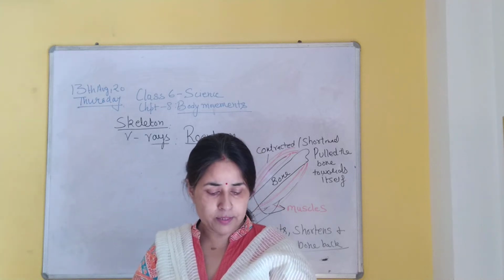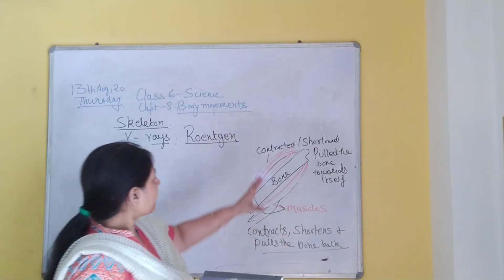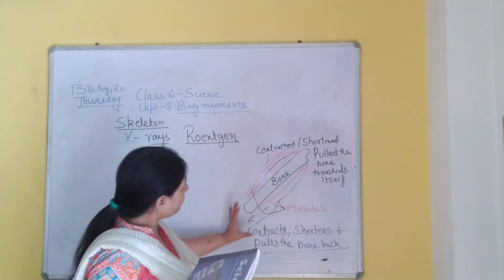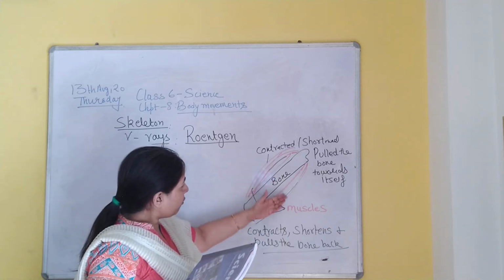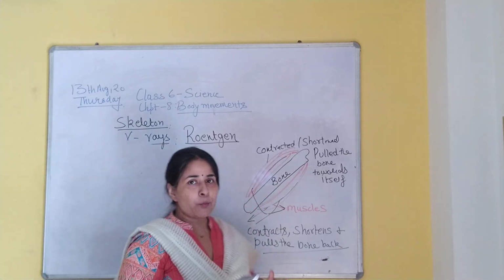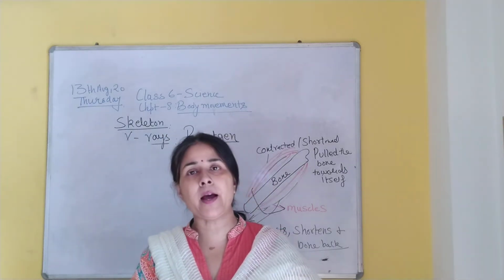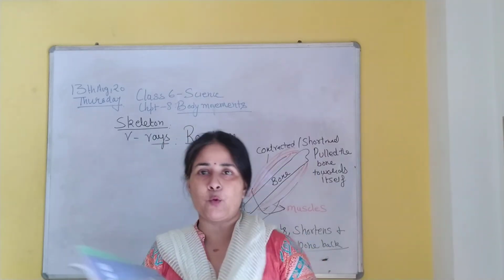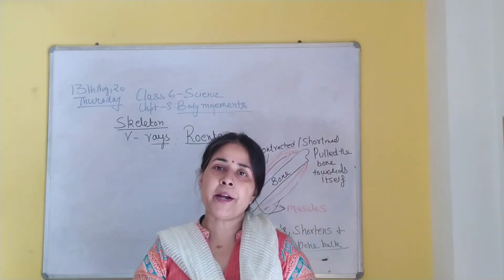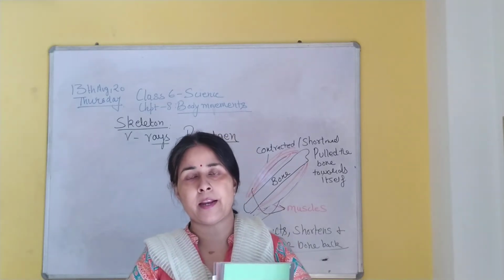Thus, the two muscles have to work together to move a bone. So in this way, the pair of muscles move together to bring a movement in the bone, and this results in different types of movements in human beings or other animals where muscles and bones are there. Now, movement is brought with the help of muscles and bones together in higher animals.